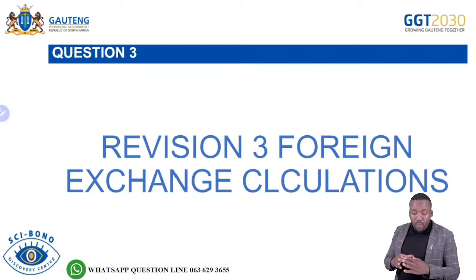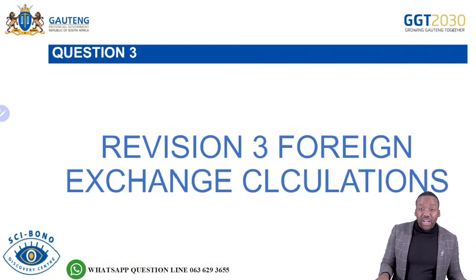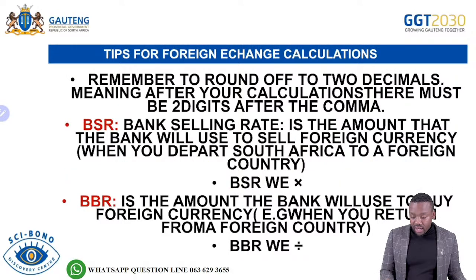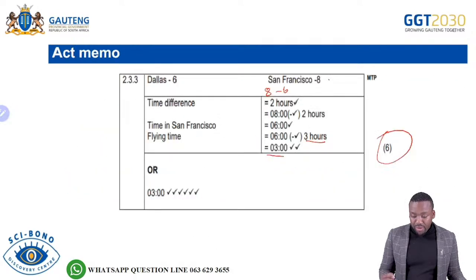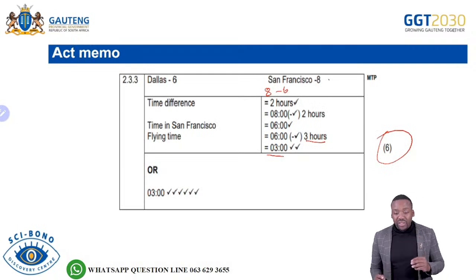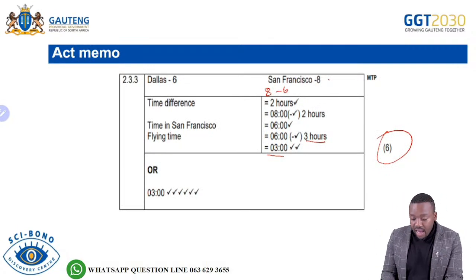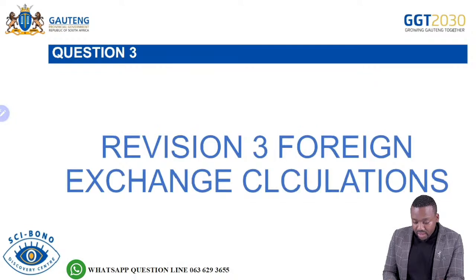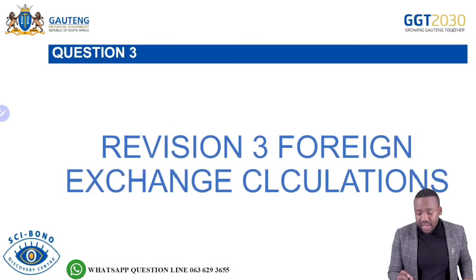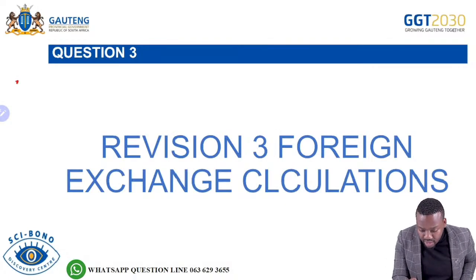Then we move to foreign exchange calculation. Before that, let me just do one activity that has a DST. Let me just create a statement. Then we are saying